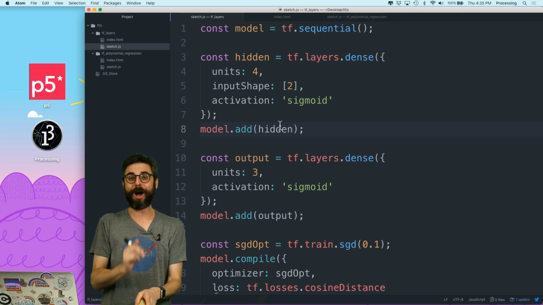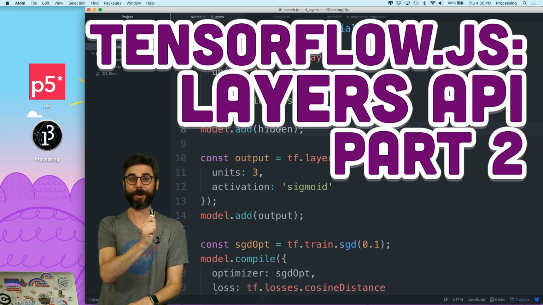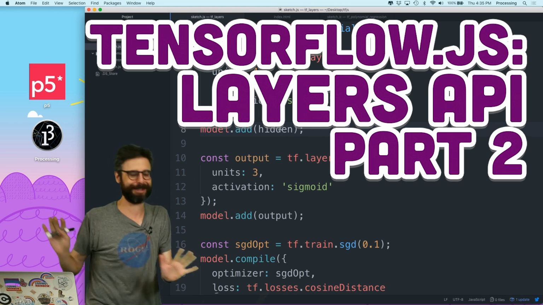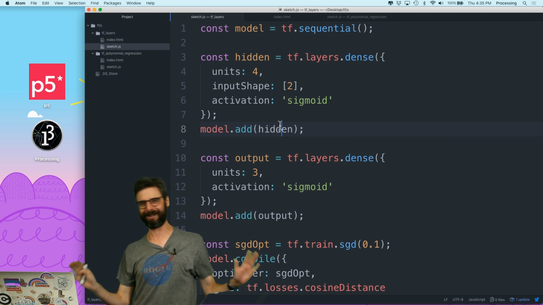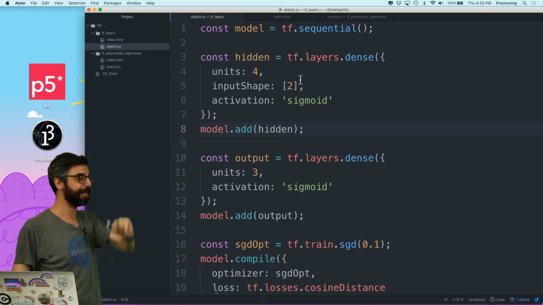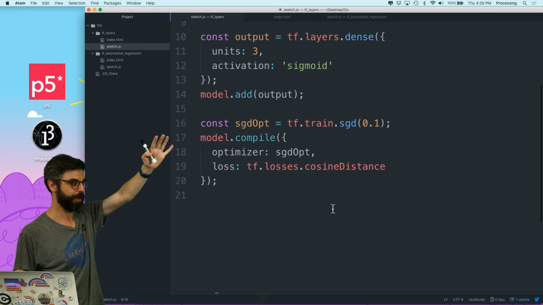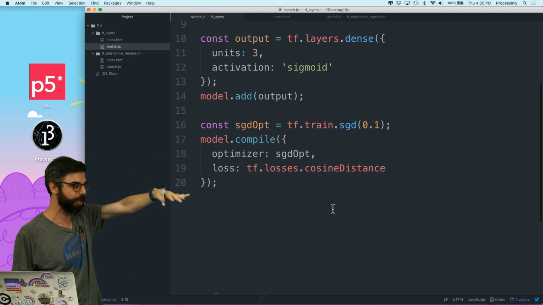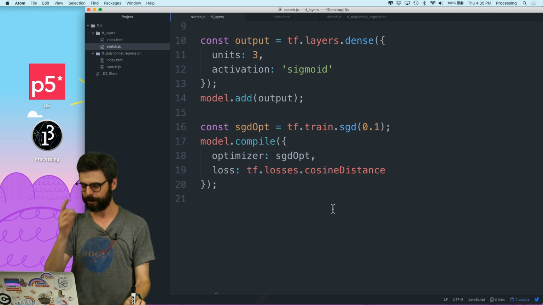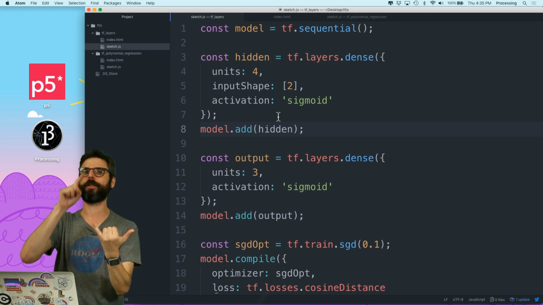All right, welcome to TensorFlow.js, the Layers API tutorial part 2. So, previously on TensorFlow.js, Layers API part 1, I created this model using tf.sequential, tf.layers, and model.compile with a loss function and an optimizer. Now, let's just review that really quickly before I go on to the next step, which is looking at fit